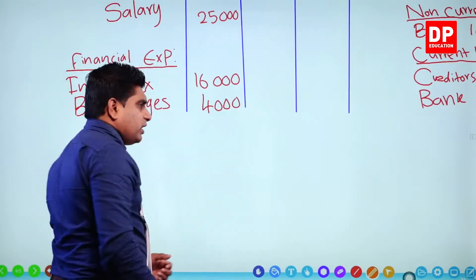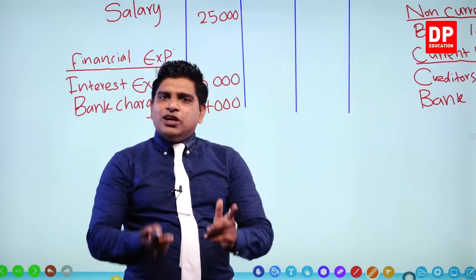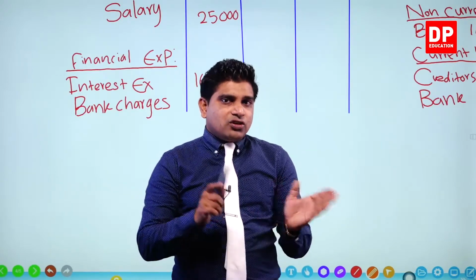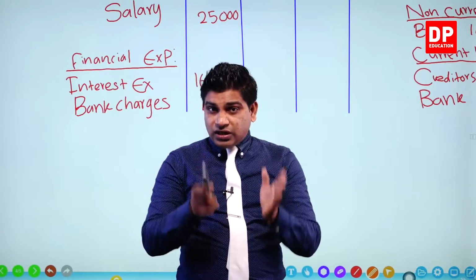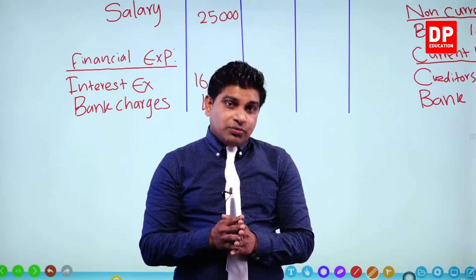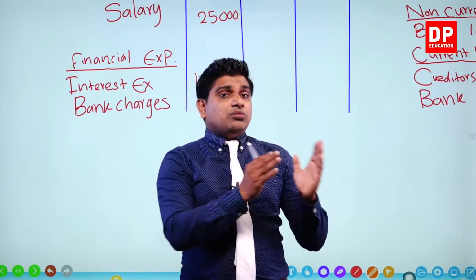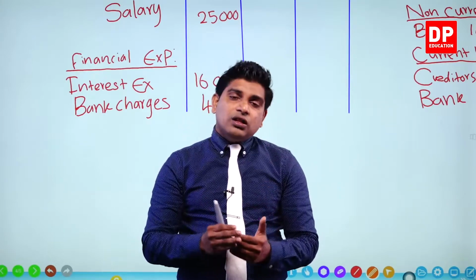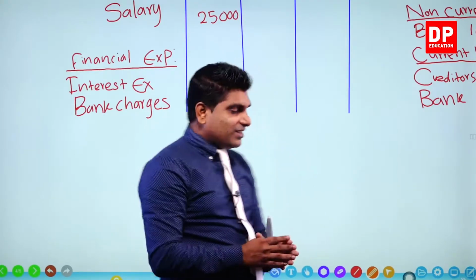Okay. We enter the details to the profit and loss statement and statement of financial position. Do you remember what we should finish first? First we have to complete the profit and loss statement. Why? We have to take the net profit to the statement of financial position. To find the net profit, we have to get the total of the profit and loss statement first, right?